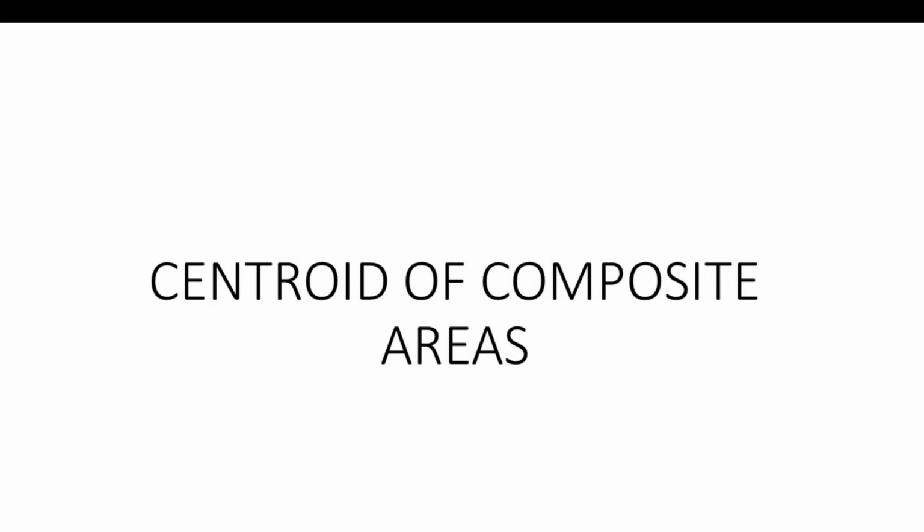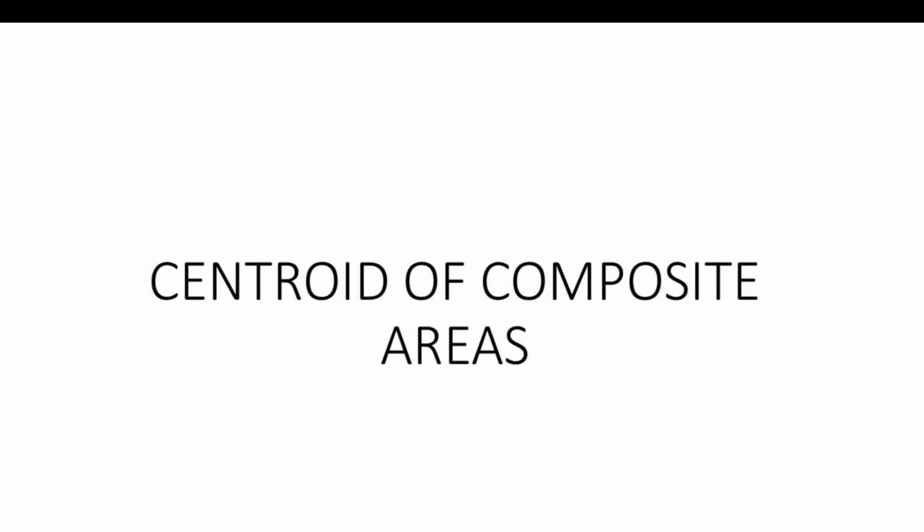In this video, we are going to go through how to find the centroid of a composite shape. Keep in mind that the word centroid is a term used to define where the center of gravity lies in a shape or a 3D object. A composite shape is a section which has been made up of rectangles, triangles, circles, and other shapes where we know the centroid of that section.